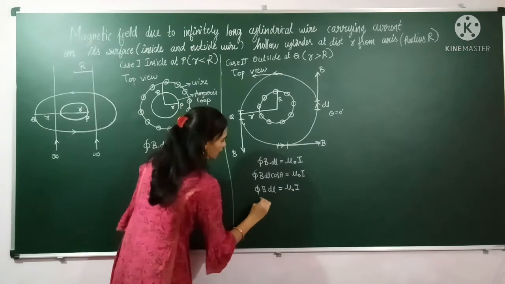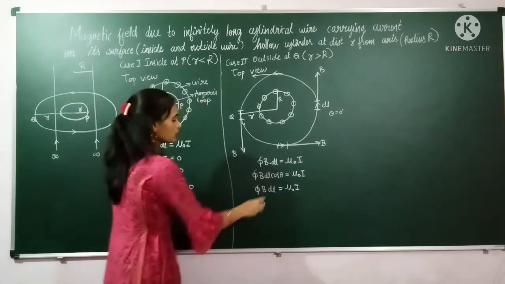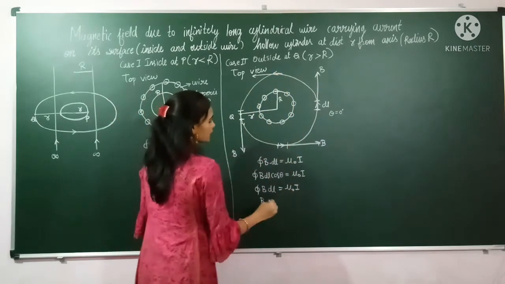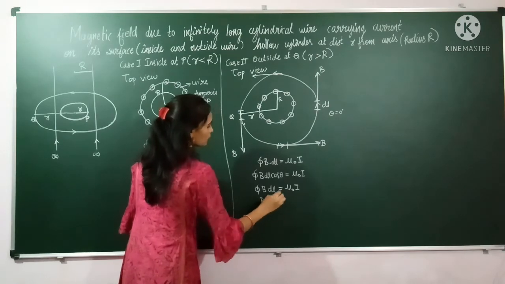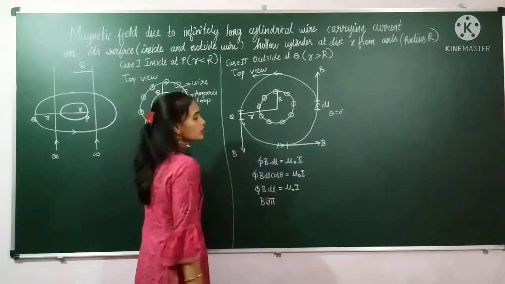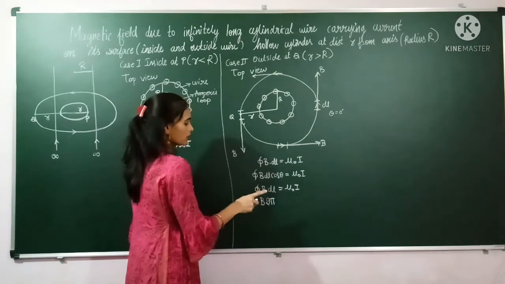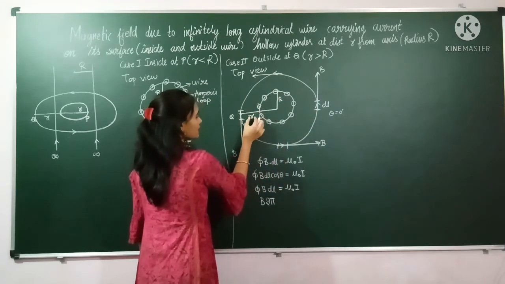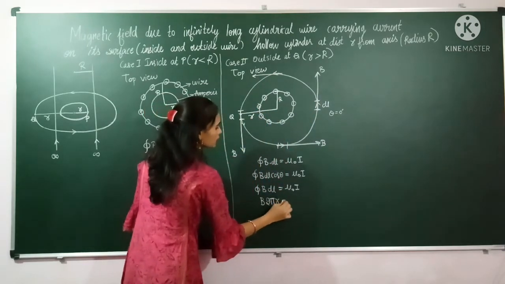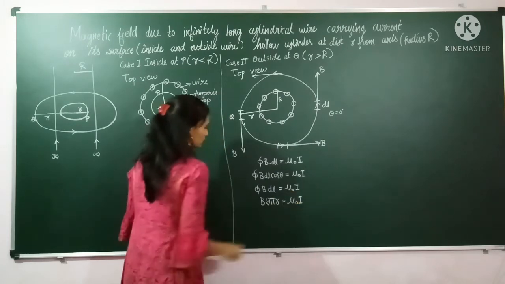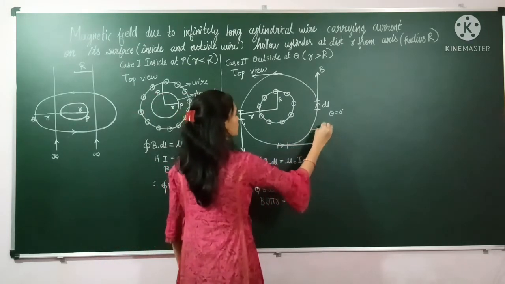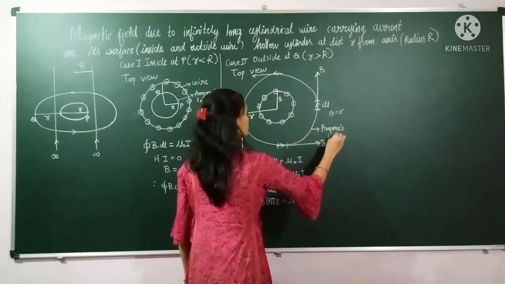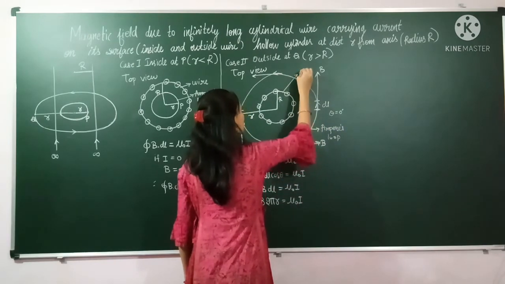Next, B we will take out, so closed integral of dl. Closed integral of dl means the circumference of this circle. So the circumference of the circle is 2 pi r. Here which r do you have to take, small r or the capital R? So our answer is, you are applying Ampere's circuital law for this Ampere's loop. For this Ampere's loop r is the radius. So here we will take small r, B times 2 pi r equals mu naught I. So in this case this is our Ampere's loop and this is our wire.